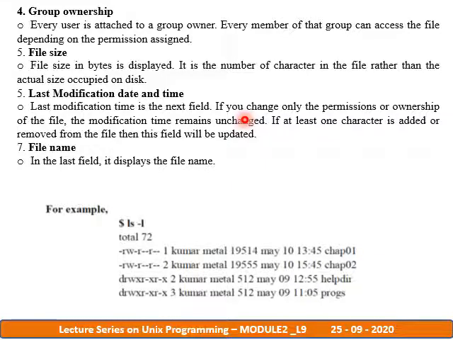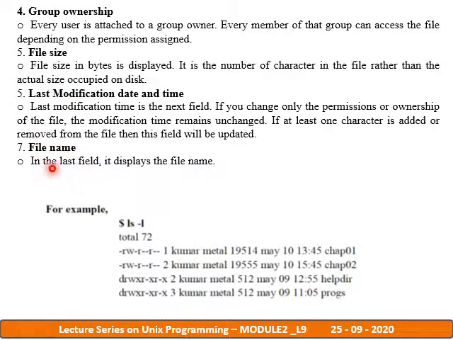So whenever you modify any file, whether you have altered some contents, deleted some content, or added new content, whatever the modification of the file in the Unix environment, it will be saved. Whenever it is saved as an updated file, it is going to have the last modification date and time. Whatever the system date and time is, that will be considered for the modification of that particular file. So that will be the sixth attribute of the file.